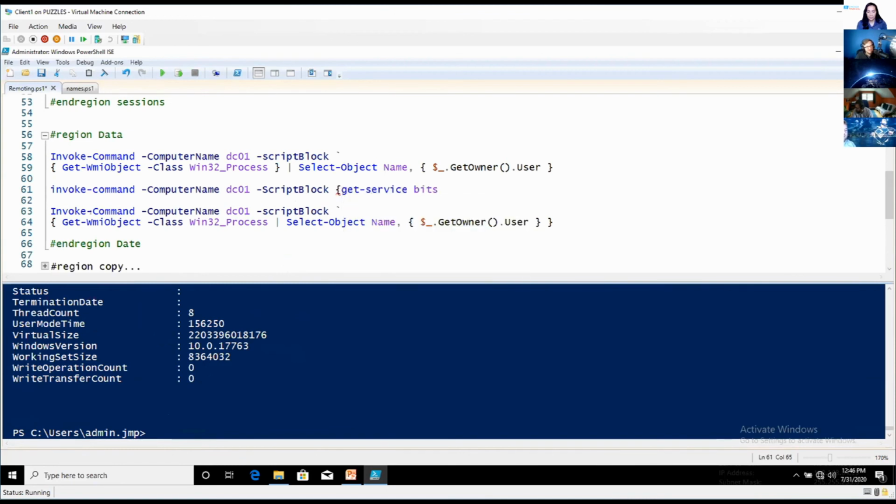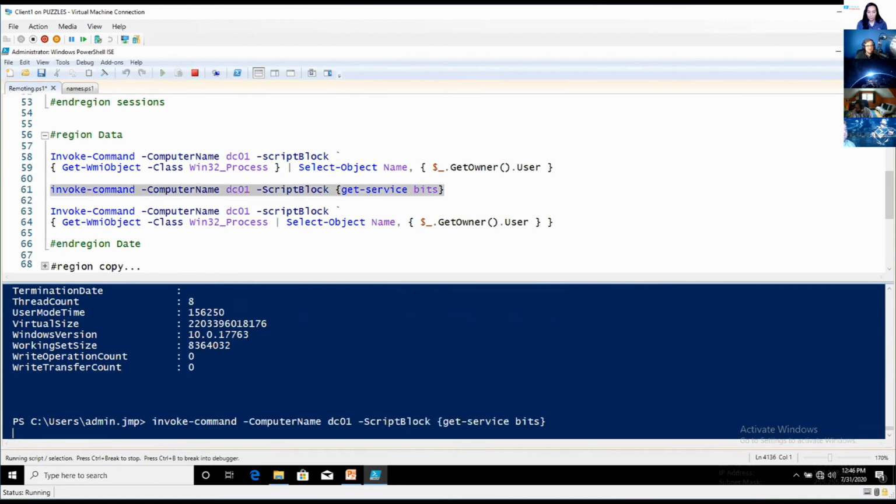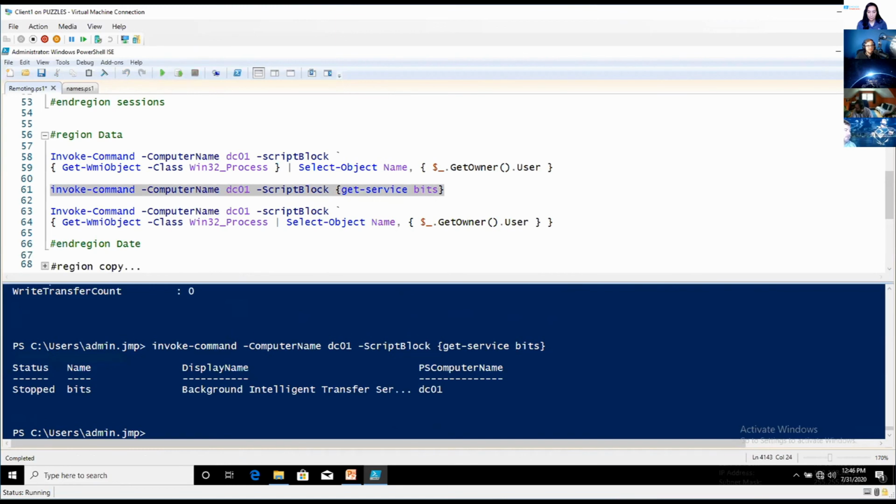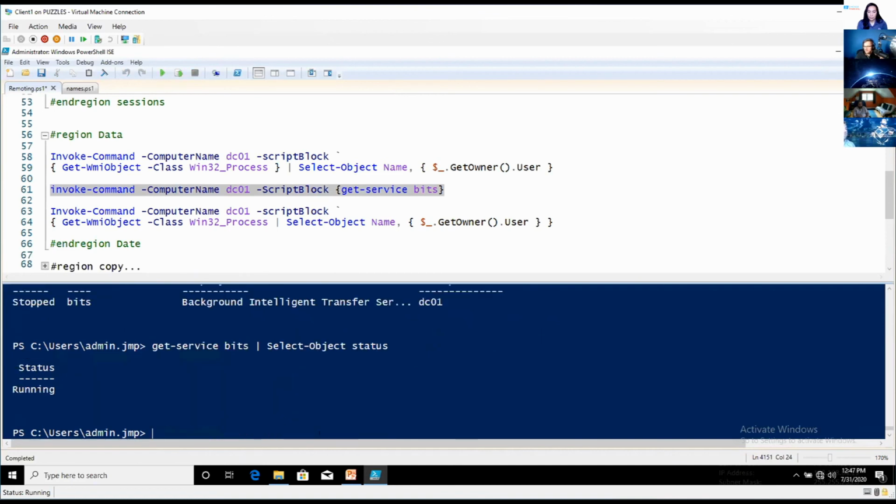All right, so again, I told you I like to pick on BITS, so we're just going to get the service BITS. We've run this probably four or five times already, so we know exactly what we're going to get back. Normally, if I do Get-Service BITS, pipe, Select-Object just Status. I don't know if Jeff's watching, but always make sure you use full parameter names. Don't use aliases. There we go. If I'm on my local machine, I do Get-Service BITS, pipe that, Select-Object Status,